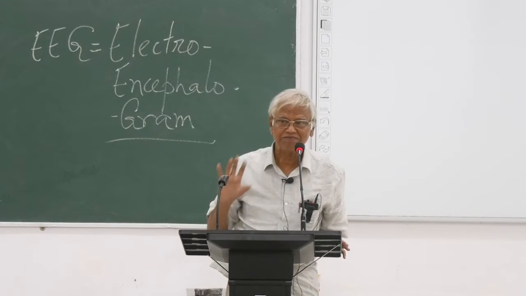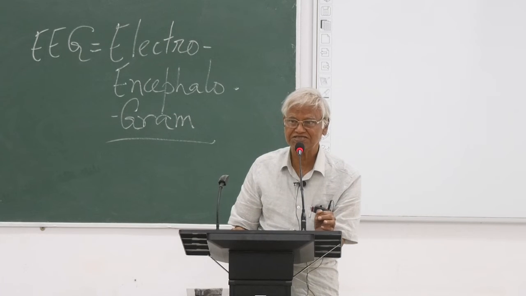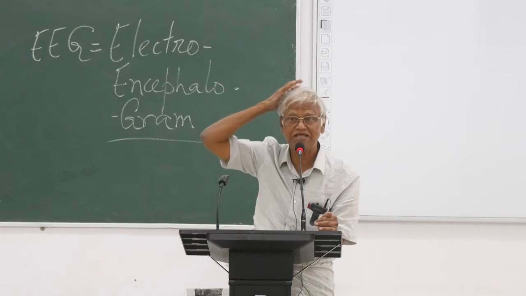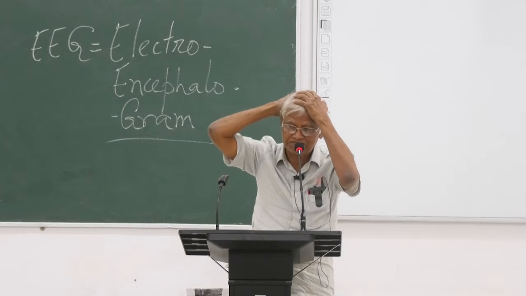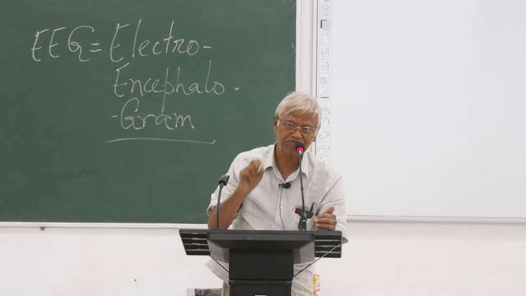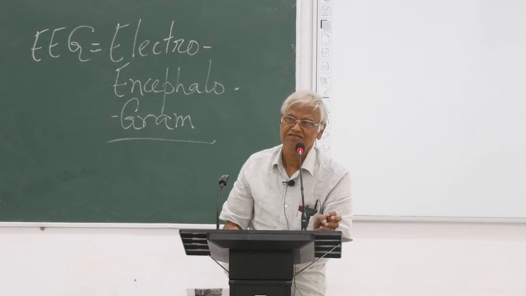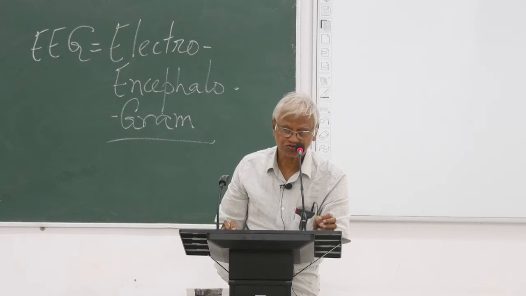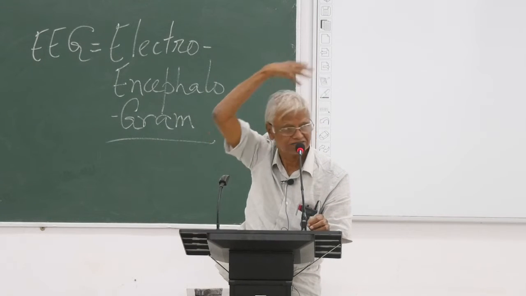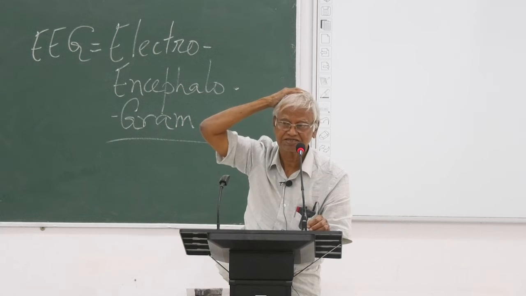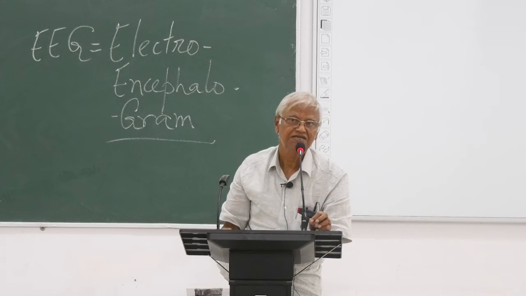Similarly, some electrical potential changes occur in the brain, and that is reflected on the body surface. Here also, if we put some electrodes mostly around the head, but from the outside, we will get a